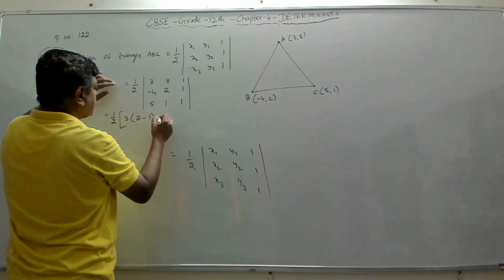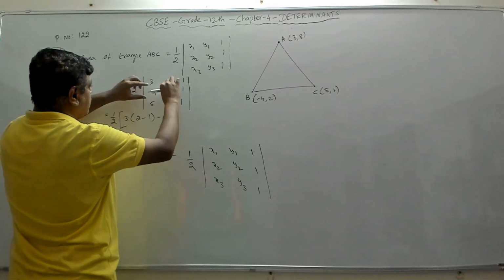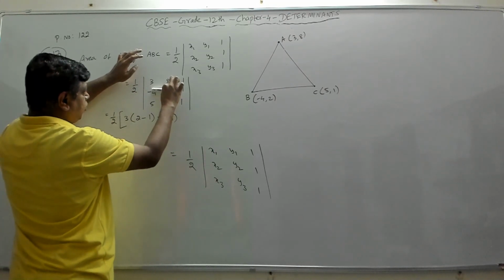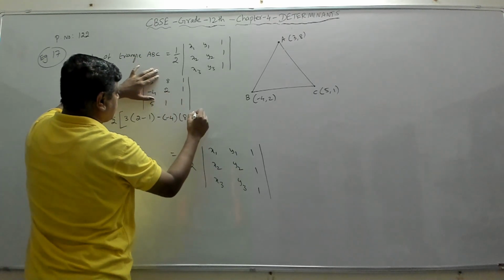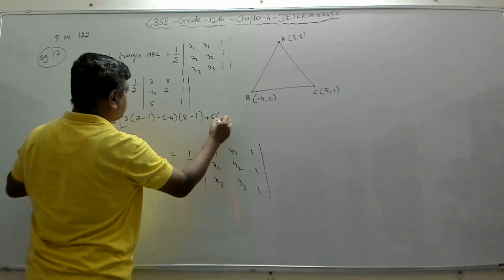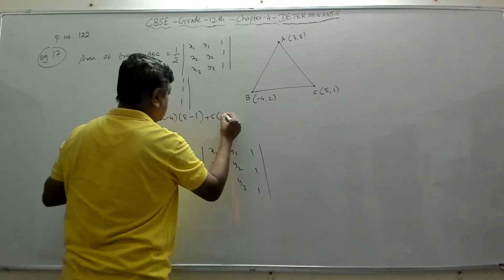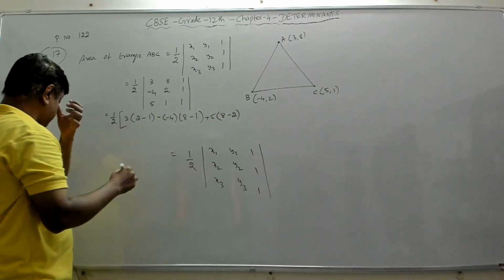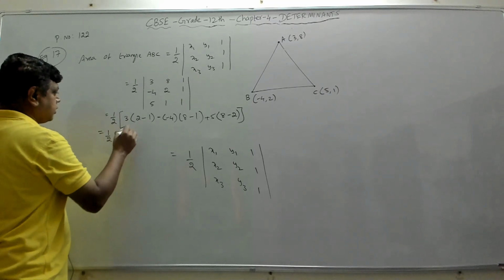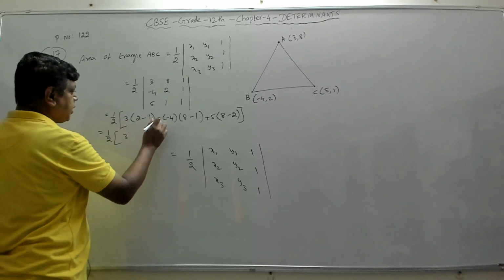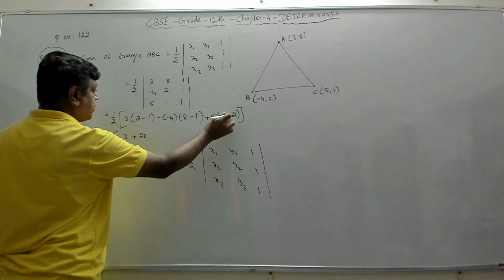Then minus this element, that is minus 4. So minus of minus 4 into, we'll close this particular row and this particular column, 8 into 1 is 8, minus 1 into 1 is 1. Then plus 5 into, we'll close this particular row and column, 8 ones are 8, minus 2 ones are 2. So that is equal to half of 3 into 1 is 3, minus and minus plus 4, 4 into 7, 28, then 6 5s are 30.